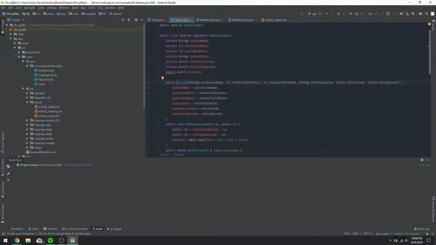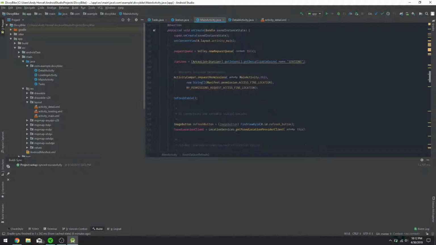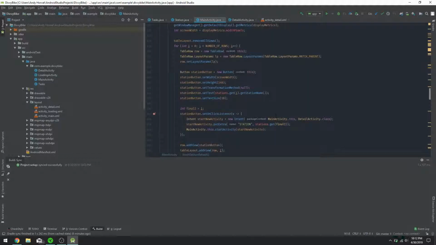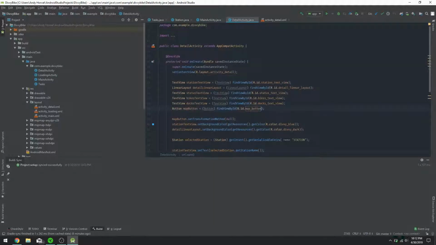detail activity. All right, this is our main activity, and here we parse the JSON and store each object of a station to a list which we then sort based on the distance away from the user. Then in detailed activities where we display the specific information about each station when one clicks on it in the